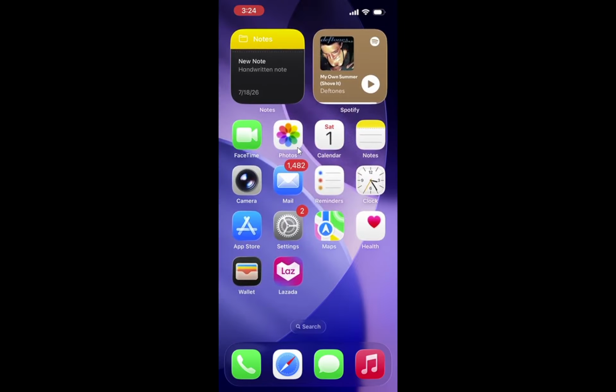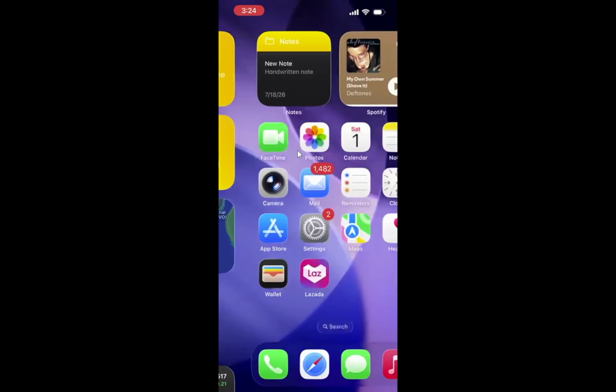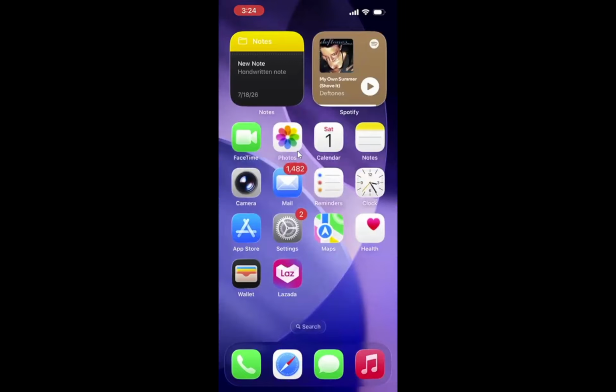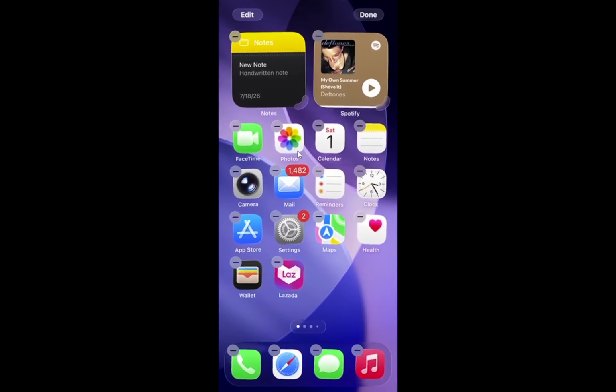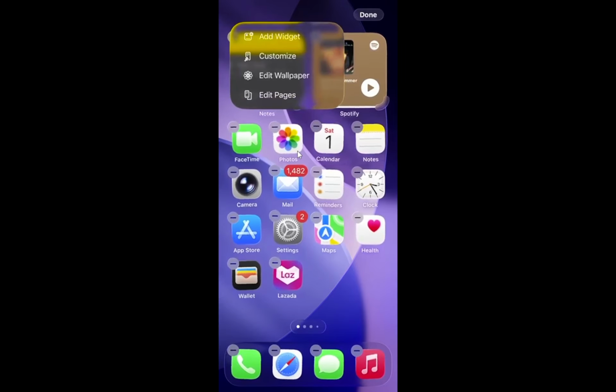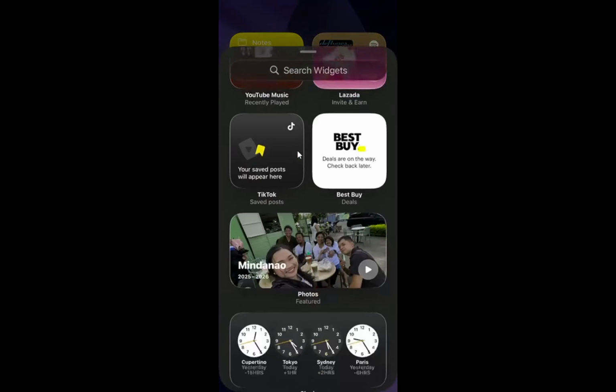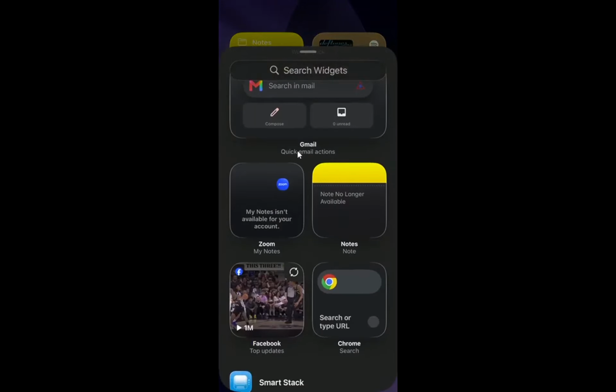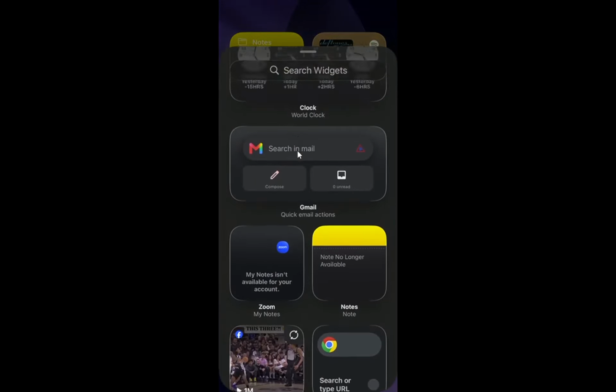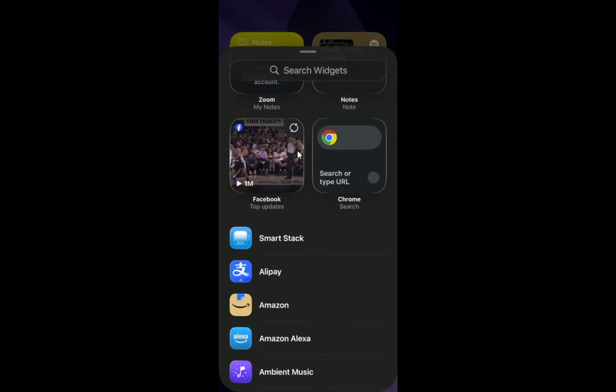Important to remember, removing a widget is different from deleting an app. Your app and its data stay on your iPhone. Apple also allows you to rearrange apps and widgets freely around the home screen in newer iOS versions, so you can always tidy things later without worrying about losing content. You have now cleaned up your iPhone home screen by removing single widgets and trimming a smart stack without deleting any apps.